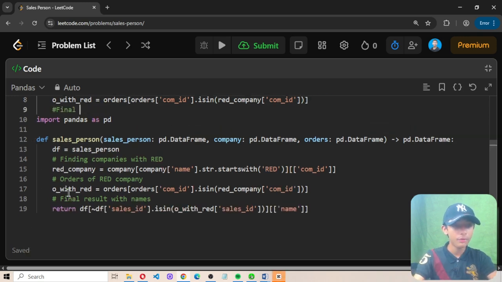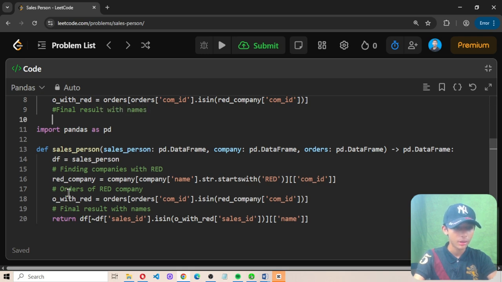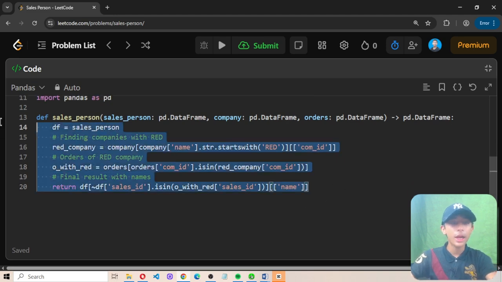And now here I define a final result with the names, return df, and then df sales_id, here we define dot isin, and then o_with_red, sales_id, and then define name. Perfect.